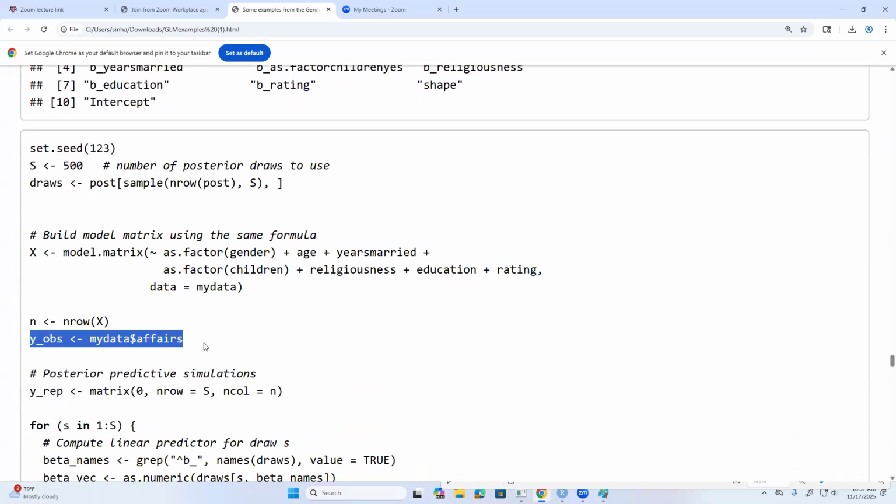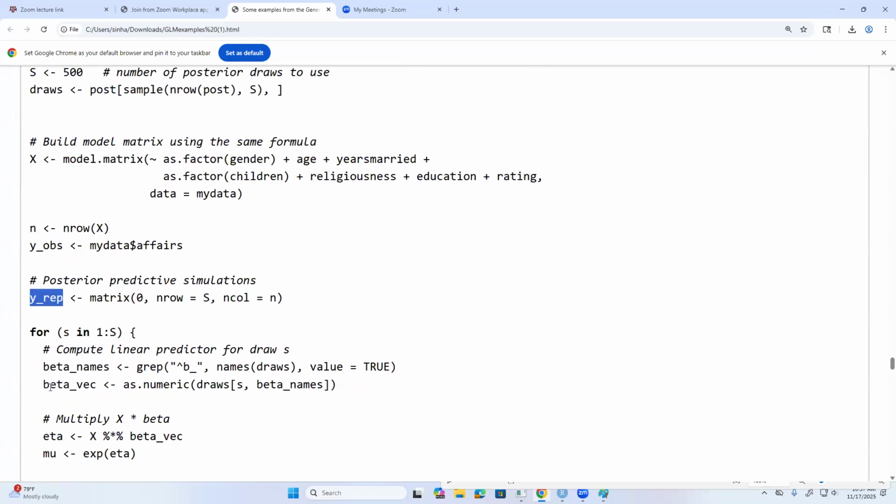And this is my observed data, observed affairs. I will sample this guy, y replication, y rep, okay, will be sampled. So this is the loop s is equal to 1 to S. What I do,